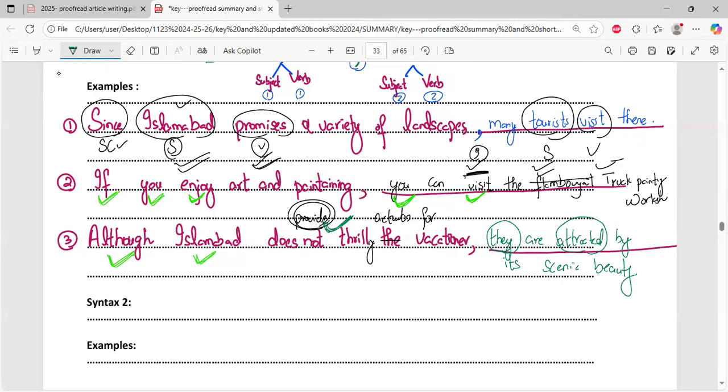Look at the marking scheme, and it says you should be able to use a variety of complex structures. If you will not be able to use complex structures, you will be losing marks. Let's not believe what I'm saying. Let's have a quick look at the marking scheme. Does the marking scheme clearly mention complex structures? You will have to wait for a moment so I can share my screen.